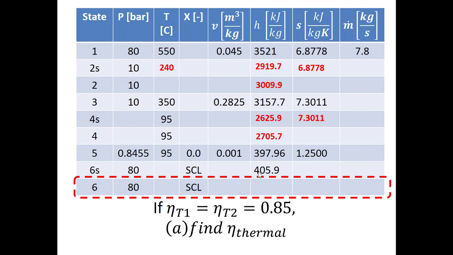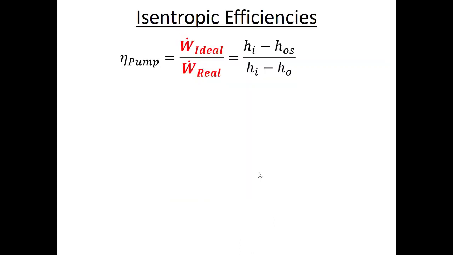So now as I go to state 6, I say, okay, how do I get the specific enthalpy of the real outlet of the pump? Here I know the isentropic efficiency of the pump, same as the isentropic efficiency of the turbines in this problem. But now it's switched over, right? Because the pump power here is an energy cost, and the irreversibilities are always kind of working against us. So for turbines, the power was a benefit, so it reduced our benefit. For the pumps, the power is a cost, so it increases our cost.